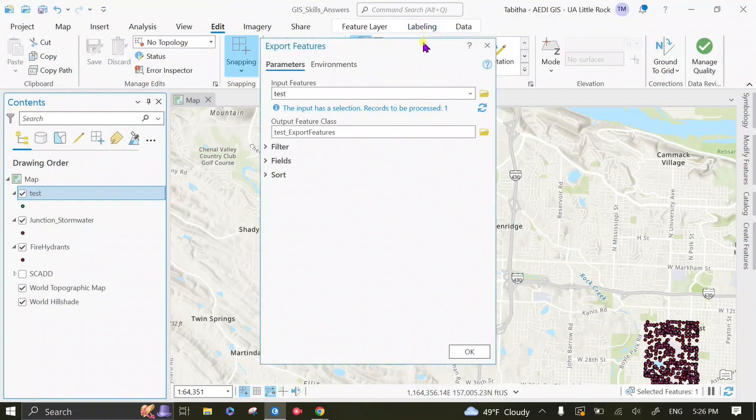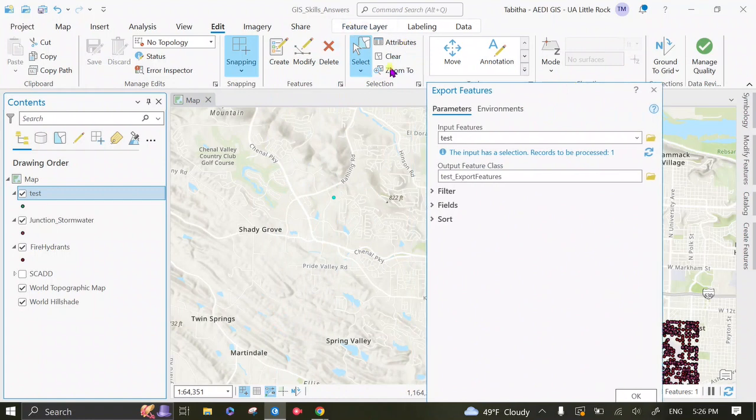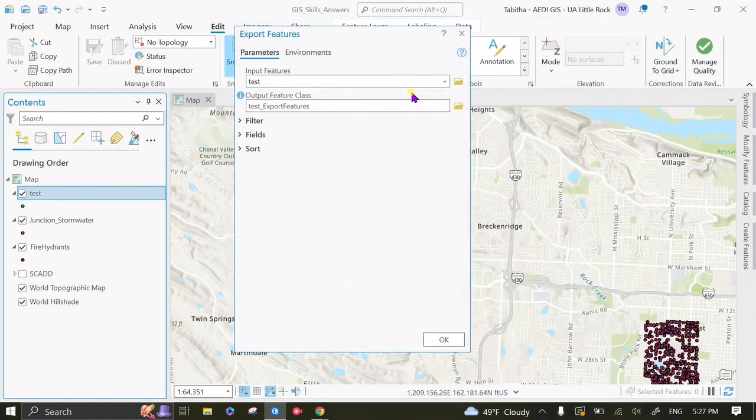You want to make sure, unless you want to, that if you have a selection on your layer, it is only going to export the records that are selected. So it doesn't matter for this one because there's only one record. You can see it's still selected because it has that light blue color. To solve this problem, you can just simply go up here and click clear, and then you can refresh that and it's all good. So my input features are this test feature class that I created,